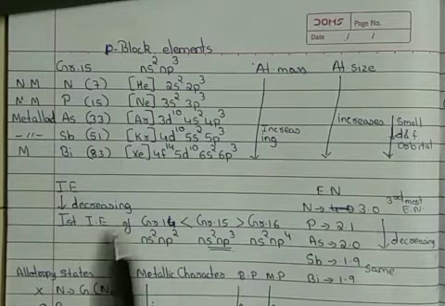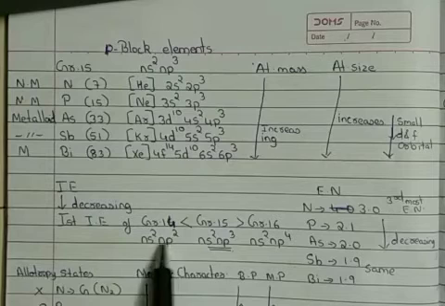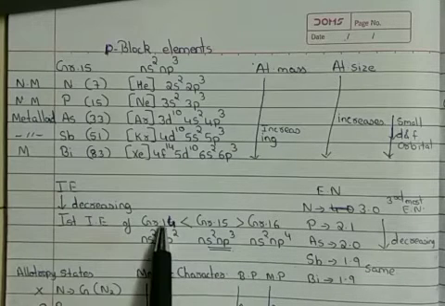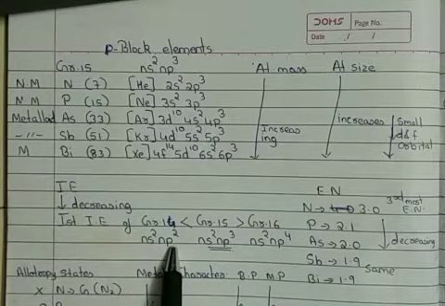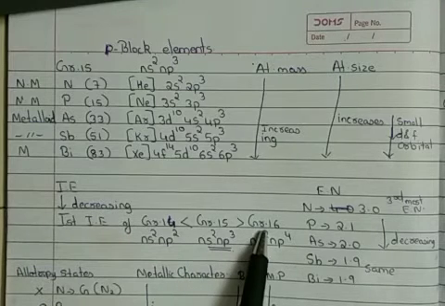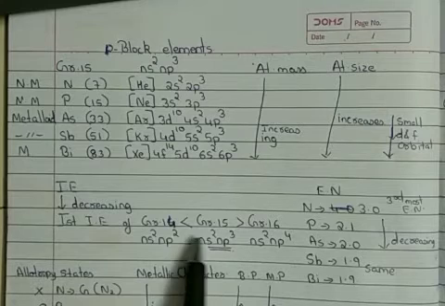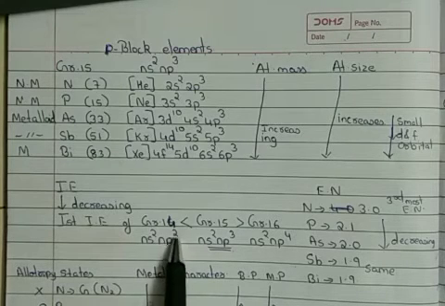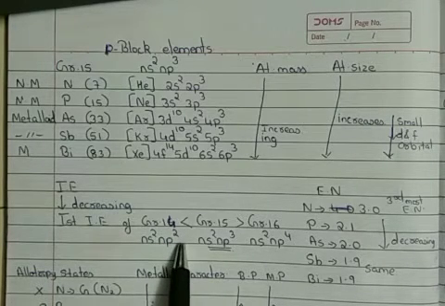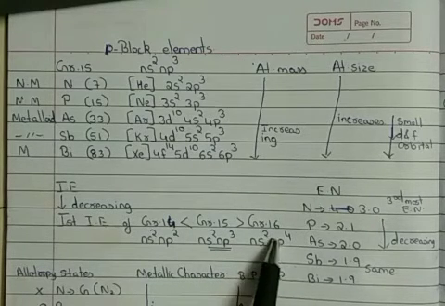The reason is ionization enthalpy is first and foremost dependent upon the nature of its electronic configuration. For group 14, the electronic configuration is ns2np2. For group 15, it is ns2np3. For group 16, it is ns2np4. So, if you could see, for removing the first electron, in group 14 we have to remove it from np2. In group 15 we have to remove it from np3, and in group 16 we have to remove it from